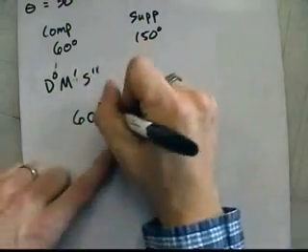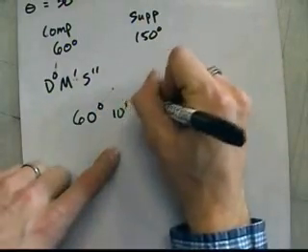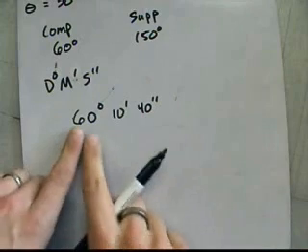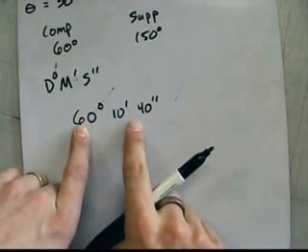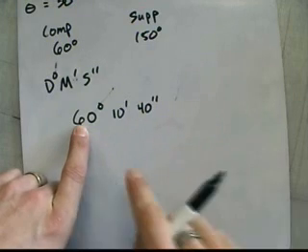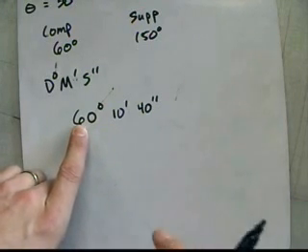The minutes right here, I might have like 10 minutes, and then I might have 40 seconds. Now all this says is this is 60 degrees with a little adjustment, just a little extra tacked onto the end of it, okay? So we're going to add just a little bit to it. How you make this a decimal that we can actually perceive and understand, how it works is you figure